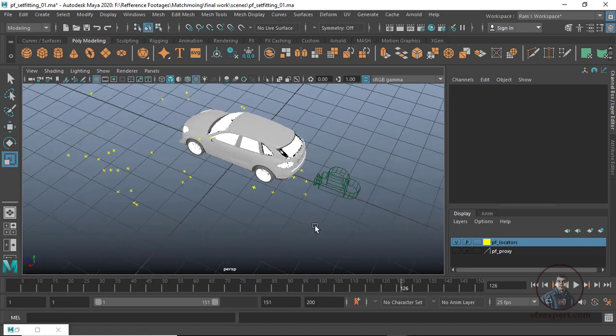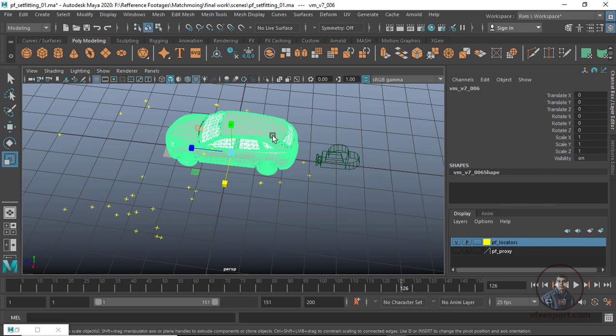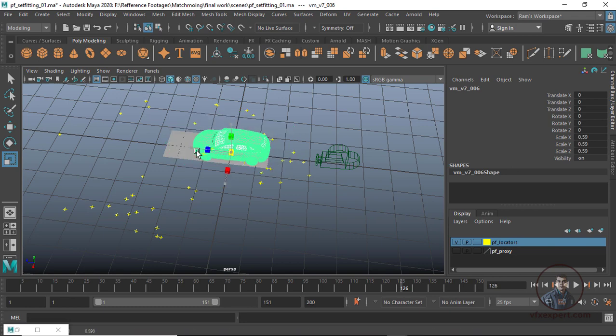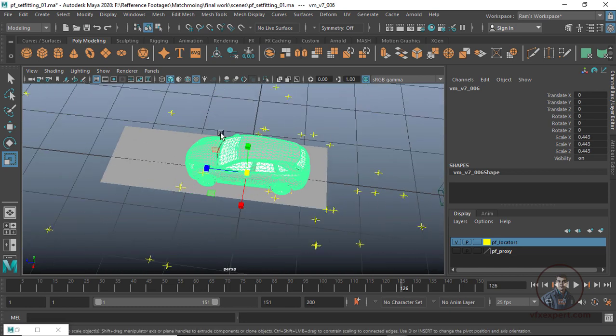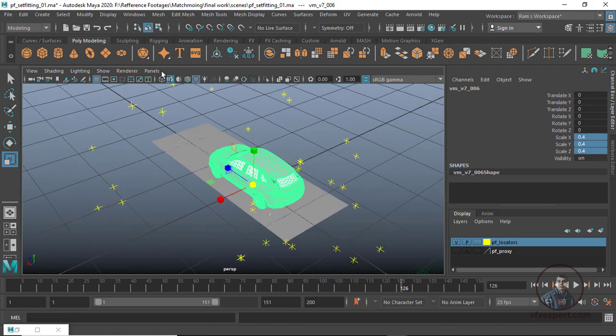Okay, now we have to adjust our model's scale a little bit. Now I have selected it. Okay, now just adjust, because this model is also unknown. I don't have any information about this model also. Okay, I think this is sufficient. Around here you can see, you can adjust a little bit. Maybe you can type direct values. I think this is sufficient. Okay, now just come into camera view and check.